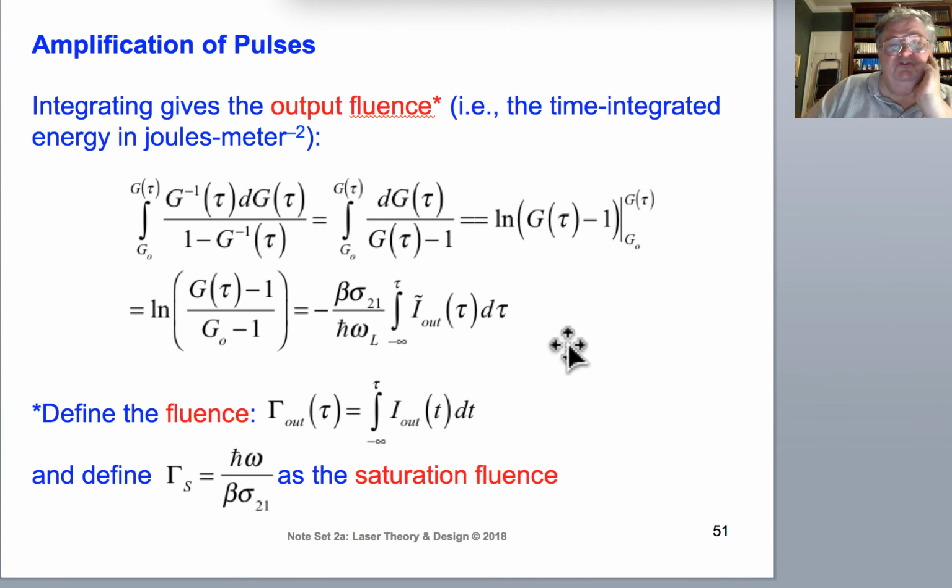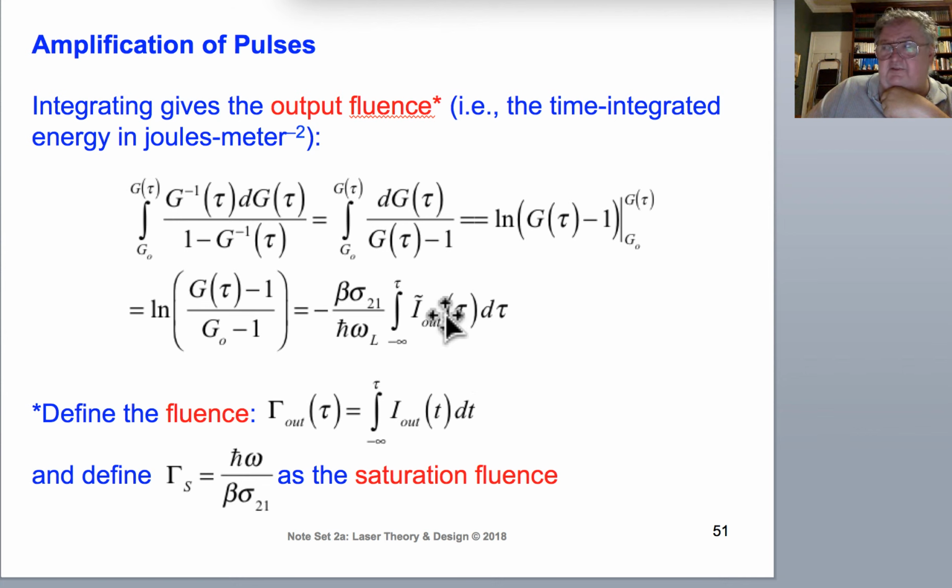One thing very interesting to note, this is the gain as a function of tau. I've gotten z out of the picture, right? This is the gain as a function of tau. That's what I want to know. Notice that when I solve, it doesn't depend on the input, but rather the output, I should say. It doesn't depend upon the output, but on the integral of the output over time. In other words,